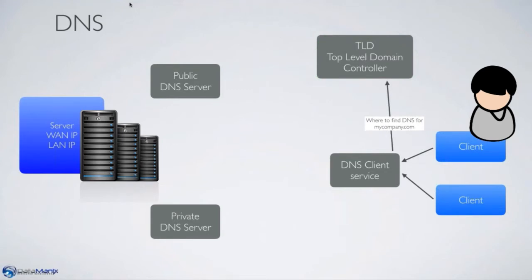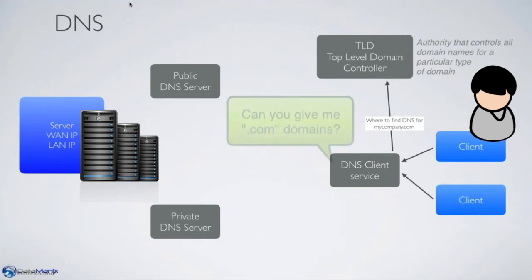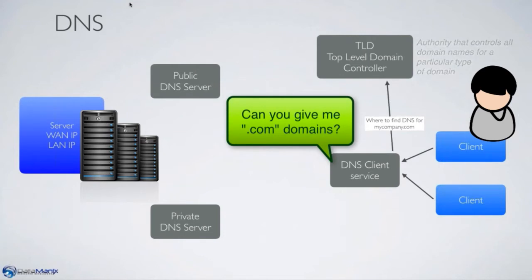Now, a top-level domain controller is an authority that controls all domain names for a particular type of domain. So in this case, the client service is asking the TLD for .com domains